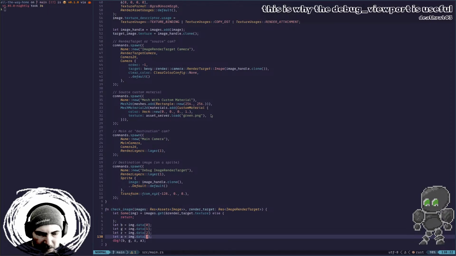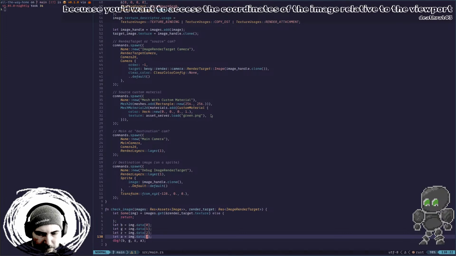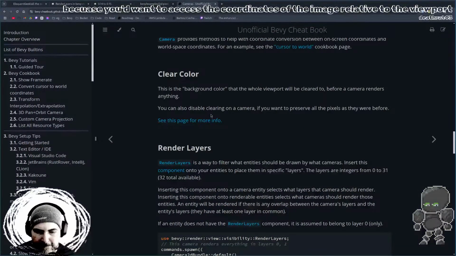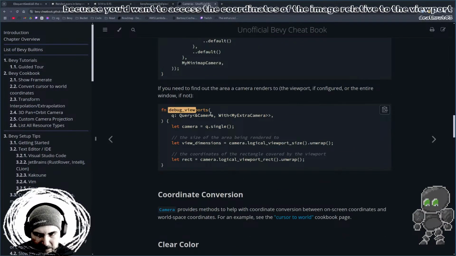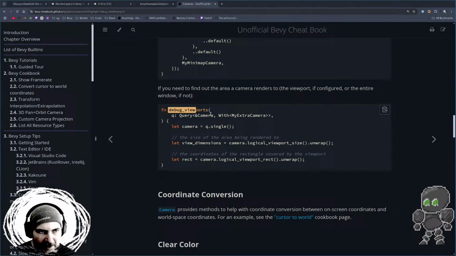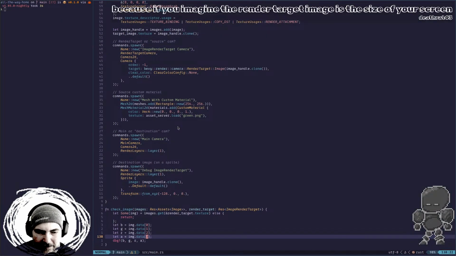That's why the debug viewport is useful. All right, so you'd want to access the coordinates of the image relative to the viewport. Interesting. Okay, let's look into that. Because I think the fact that it's black now kind of fills me with hope. So let's see, but the other problem is with that,